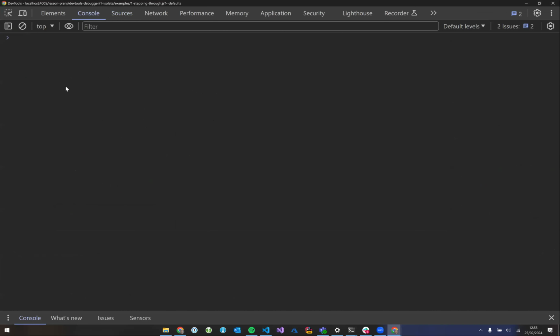This console window where we print everything from console log, we can just write JavaScript here. Just like we can write JavaScript in Visual Studio Code, we can write JavaScript in Study Lenses, we can write JavaScript here. So if I write that name is Jonathan, I don't see anything because I told the computer, create a variable name and put Jonathan inside. And the computer did that, but there is no output. But now if I write console log name,